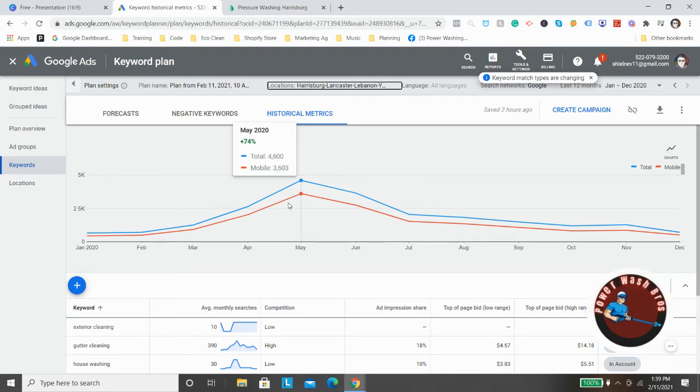Now, granted, this is not every keyword, so these numbers could be half of what they actually are for what you want to rank for, because we don't have every single keyword listed. But this does give you a good metric of, okay, this is what we should expect. We should hit hard in March, April, May, June, July is when we're going to kill it. Then we need to ramp up for August, September, October, because that's when it dies down, and then we shut down from November through February, or whatever you're shut down for.